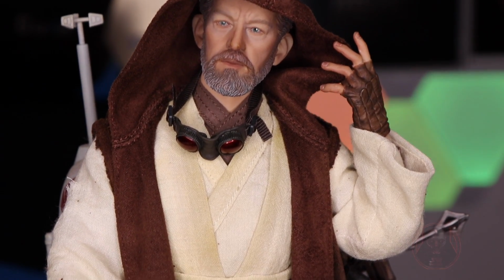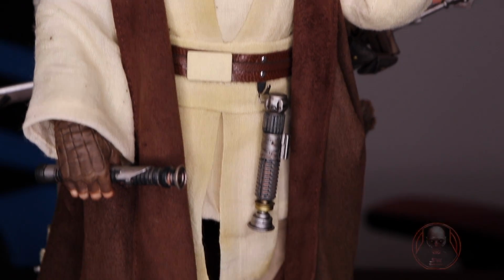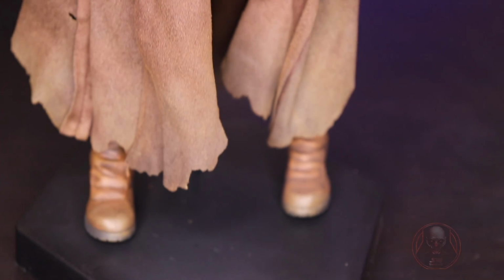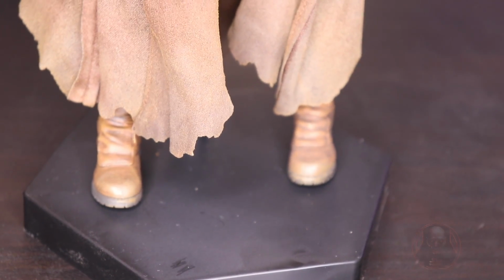So here we are at the long-awaited Obi-Wan Mythos statue unboxing. I've waited a long time for this one, and if you didn't know, SideShow, who makes this, actually created a very rare edition previously, years ago, and that has now gone, no longer in production. They don't make that anymore. So this is now something that they've remade due to the popular demand by everyone, and it is a lot cheaper. And it's smaller, and it's a lot more posable as well. That one was more of a...